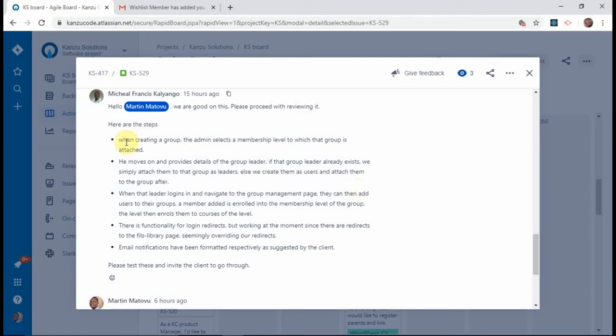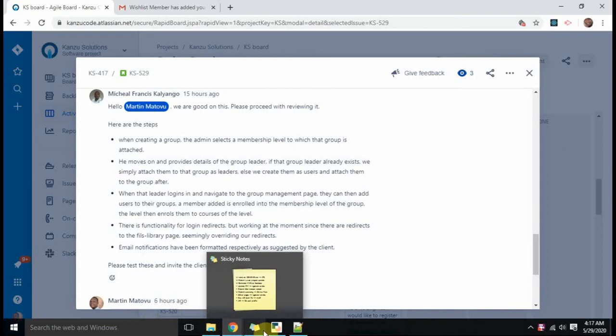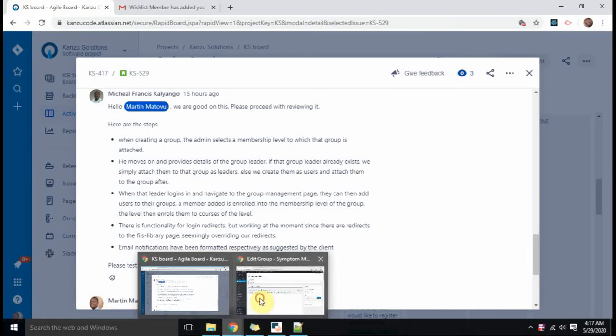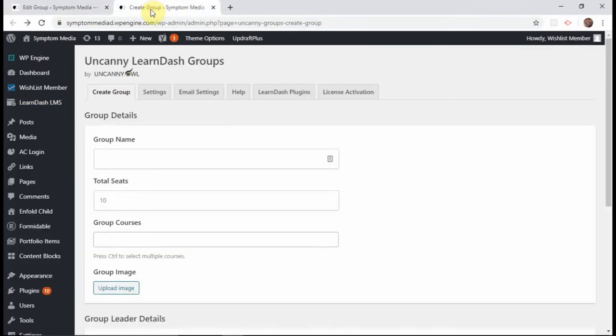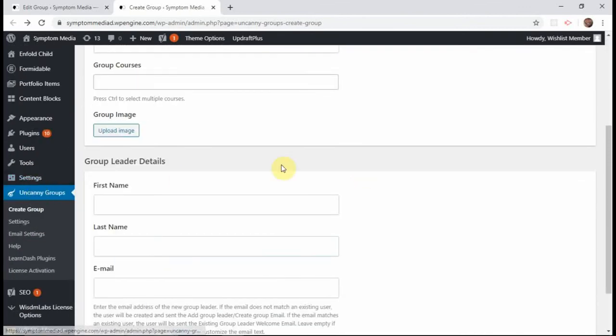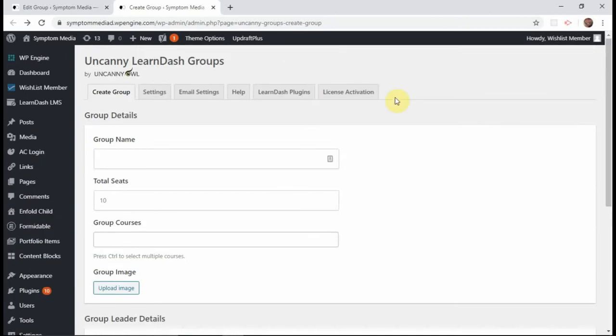So step one, when creating a group, the admin selects a membership level to which that group is attached. When I've created a group already, which is Committed Adults, but just going back to that page, correct me if I'm wrong, but through Ukani, where is that? Yeah, Ukani groups is where I went to create a group, and on that page I don't